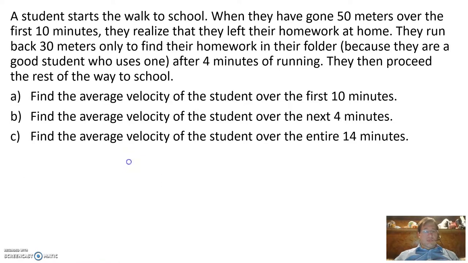So the very last one: the average velocity of the student over the entire 14 minutes. When we take a look at this, we have displacement. Now displacement is where are we, right? Over those 14 minutes, they have gone out 50 meters, but they have also come back 30, which means that instead of it being either one of those or the addition of them, because they're coming back, they are subtracting that off. That leaves us with 20 meters over 14 minutes, which comes out to approximately 1.43